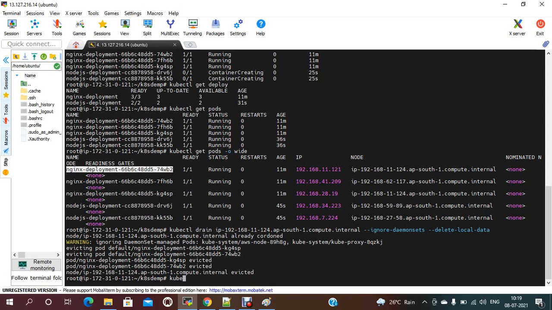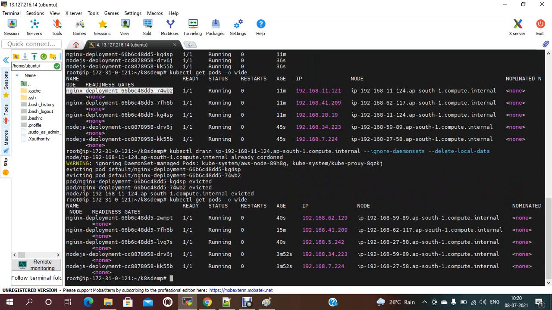If you check now kubectl get pods -o wide, the pods are still running, but on the new node instead of the old node. Nginx should still be running three pods.